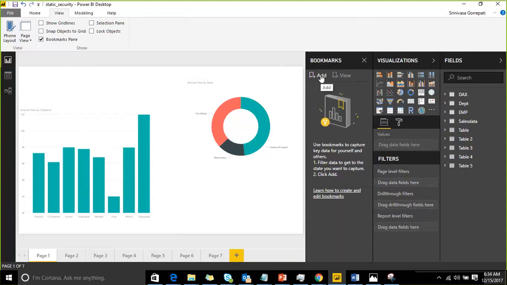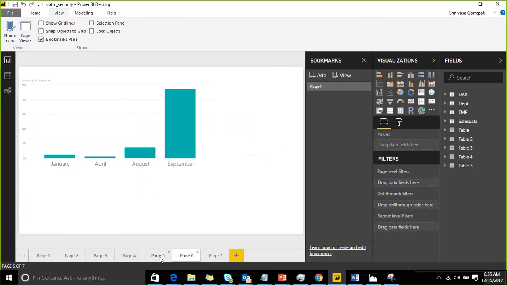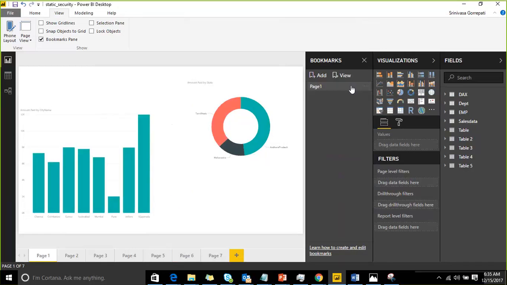So I'm adding page 1, which is going to represent page 1. You can rename it as page 1. So from page 6 or page 5, if you want to go to that one, you can click on it, and automatically it will be opened.